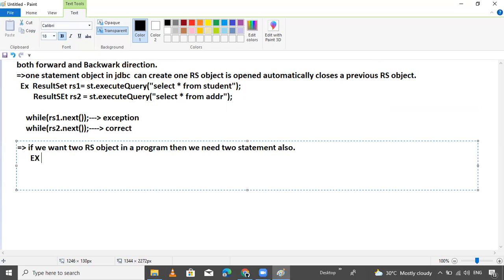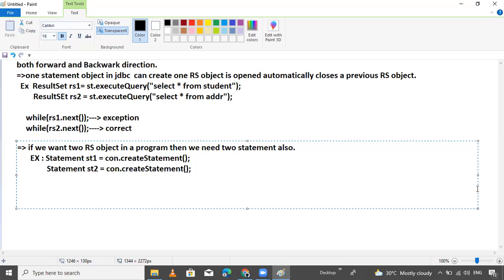Example: Statement st1 equals on.createStatement, and the second is Statement st2 equals on.createStatement. This is related to the second point.